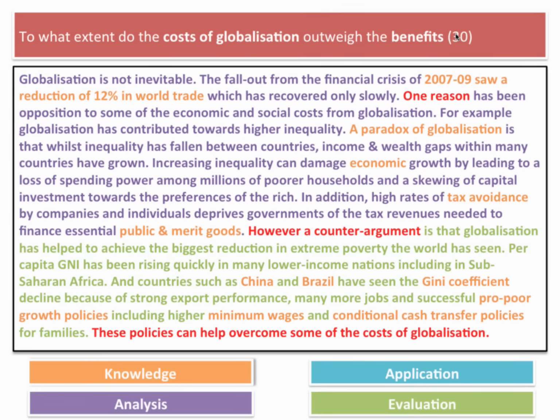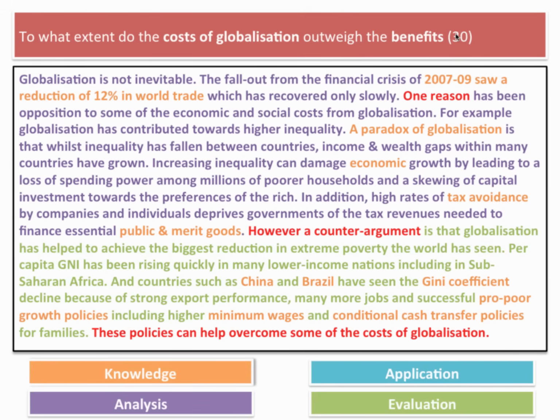Can I make an incredibly important point here, which I think is just so vital to the exam? The question talks about the costs of globalization being greater than the benefits. You might well have revised an essay about the benefits of globalization outweighing the costs. So you can approach this question from any direction, but my strong advice is to go with the flow of the question. Go from left to right. Start with the costs and then build the critical evaluation and some of the benefits into your green text.